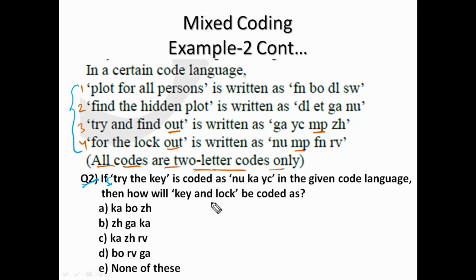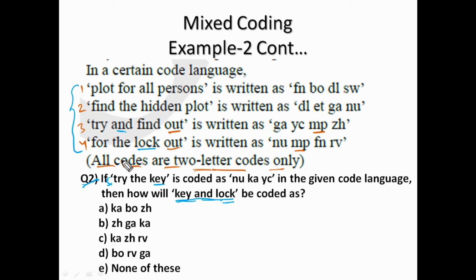Here the question is: what is the code for "key", "and" and "lock"? Search for any statement having all three words in it. No sir, "lock" is in the fourth statement, "key" is in the second statement, and "and" is in the third statement.